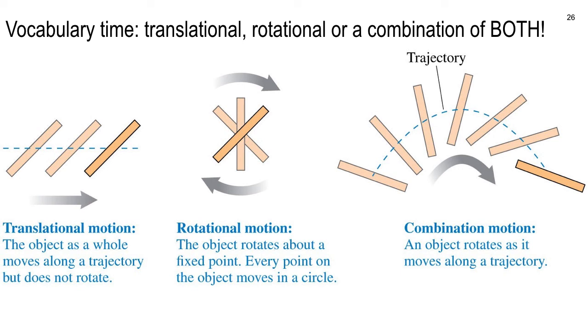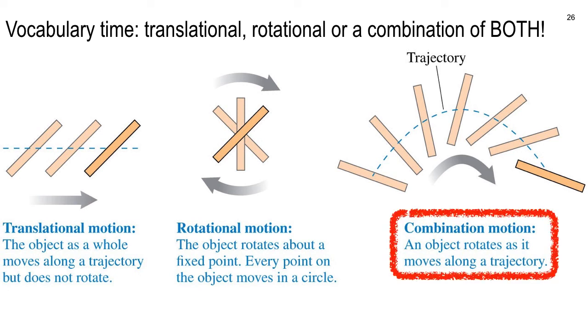Now a combination motion, things like I mentioned, the 2x4 floating in the pond, it could go in a certain direction and be spinning. All right. So you could throw a 2x4 up in the air and give it a little bit of a kick so that it spins, and it will go end over end. Football, that's the perfect example. End over end. Kicking a field goal, the thing is spinning, and it's also going towards the goalposts.